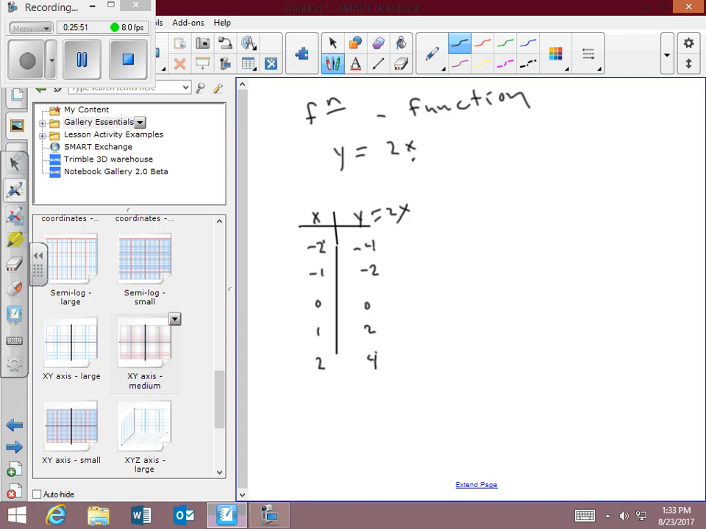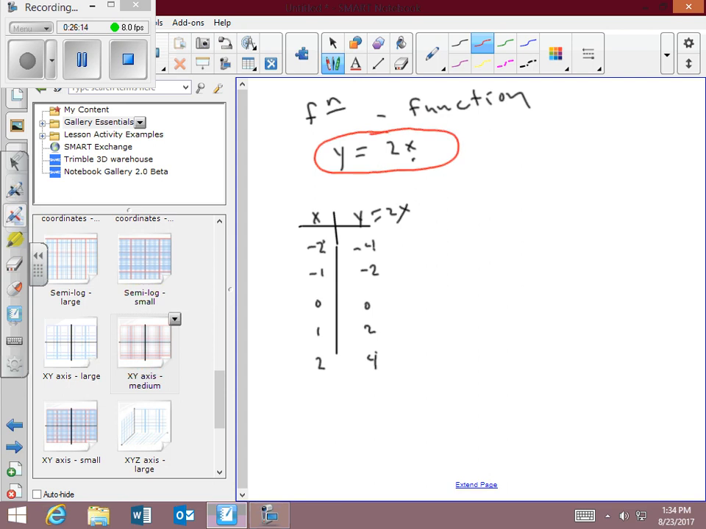Will it ever give you any value that has more than one y value? I hope you can see that is a function. That's a function. Now then, what I can do with this